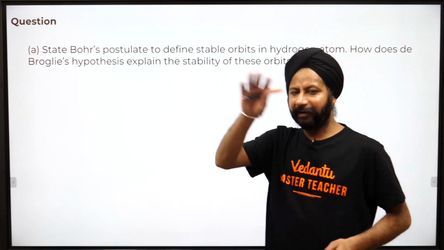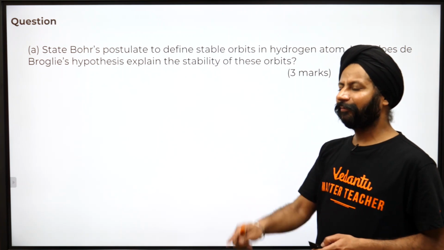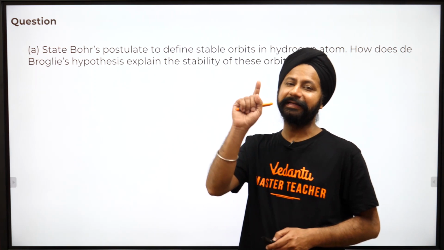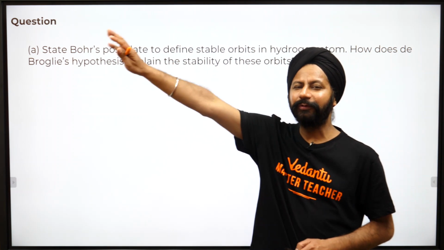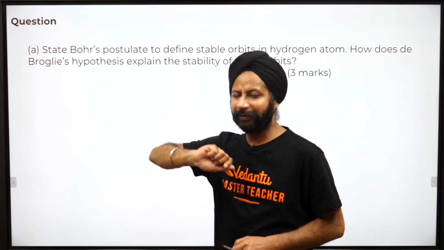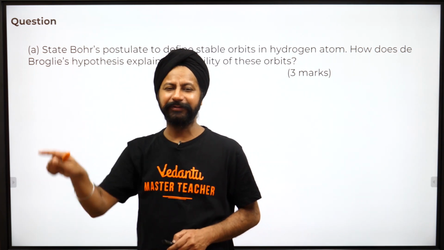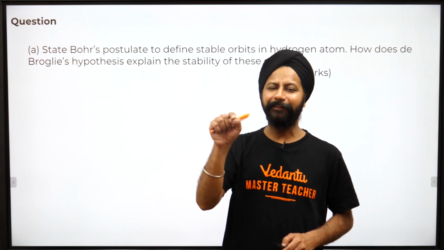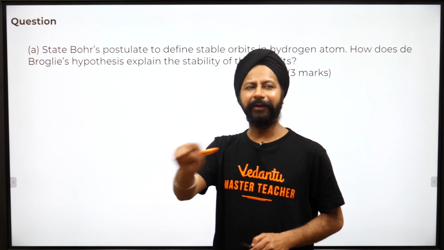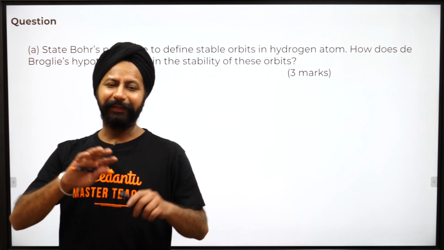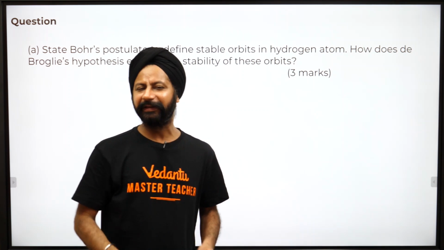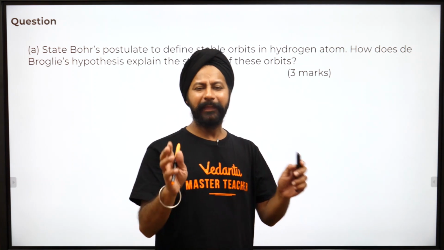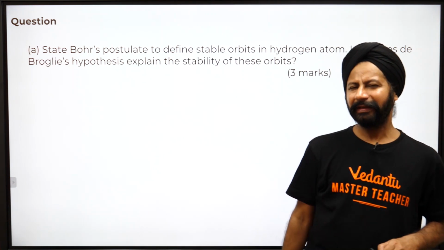Rutherford said, okay, planetary model, but there were flaws. Because in a planetary model, things are accelerating, with centripetal acceleration. When a charge is accelerating, it is supposed to release energy. If it releases energy, its energy will reduce, and then it has to spiral back into the nucleus. And none of the things would actually be existing. I would not be there, you would not be there, this man would not be there, nothing would exist. No matter would exist here.